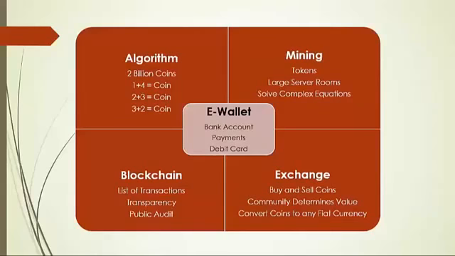And a coin is basically a serial number with a unit of value assigned to it. Okay? And so every time we come up, 1 plus 4 equals a coin, 2 plus 3 equals a coin, 101 minus 106 is a coin, 56 minus 51 is a coin. So we go through the algorithm, and it produces coins, and of course it gets consistently harder for the algorithm to solve the equation, which creates a little bit more expense to create the coins, which creates basically an intrinsic value on them.